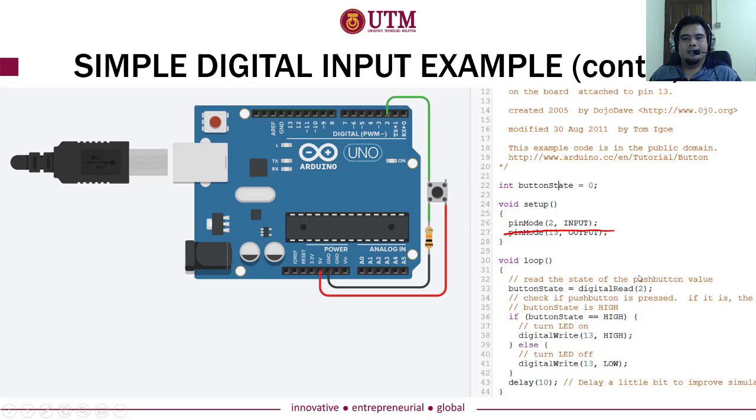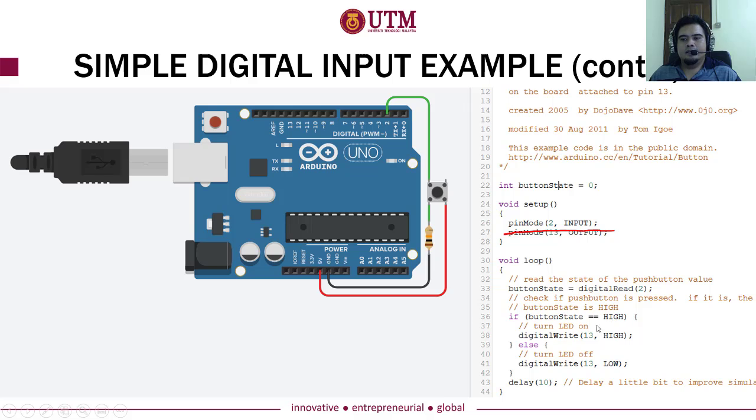Okay, but of course you must select the port that you want to read. That's why we put 2 there. So after that, then you can use the if else or selective instruction there, to check, okay, if my button state equal to high. High is also equivalent to 1, so it doesn't matter whether you put high or you put 1,